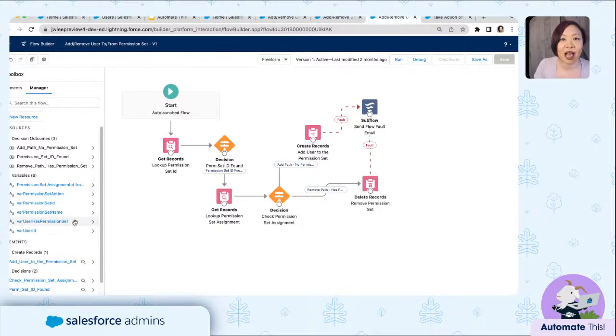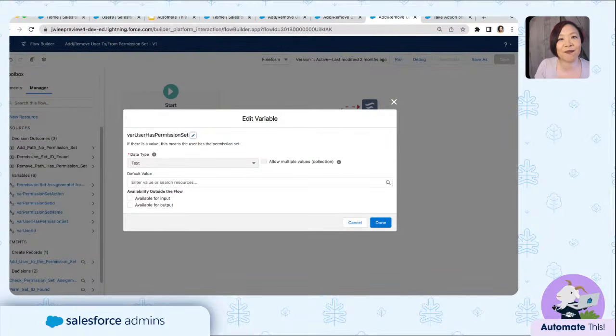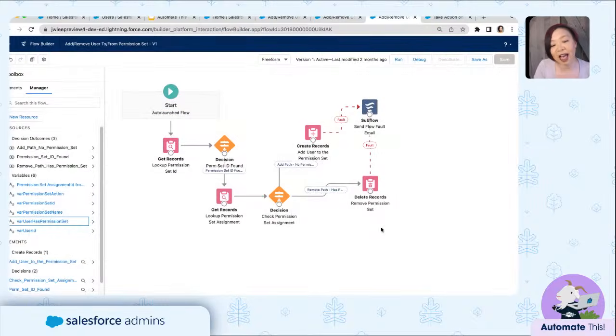And our last and fifth variable is var user has permission set. And this will store the assignee ID when we query the permission set assignment object. Remember, that's a junction object for the user and permission set, and a value is found. All right, so that's our 5 variables.